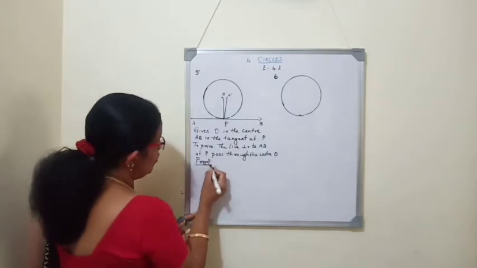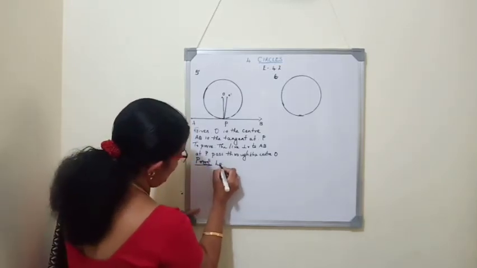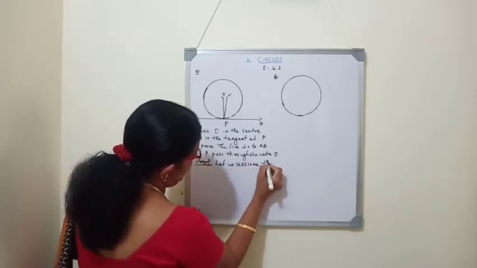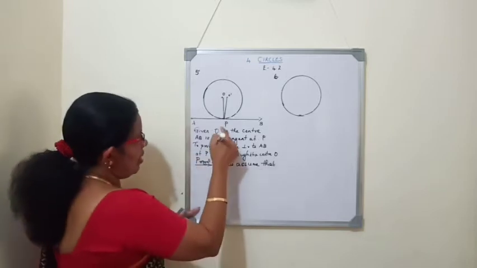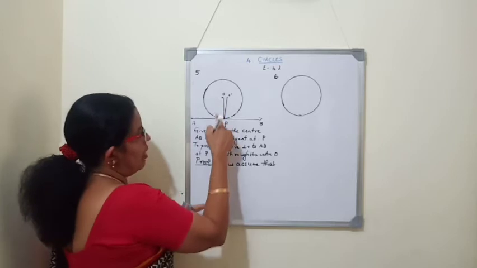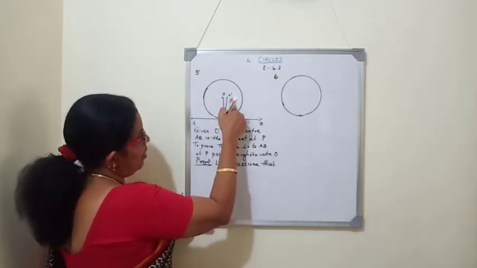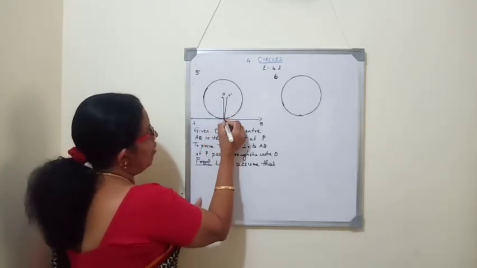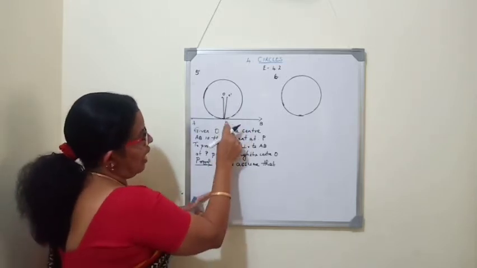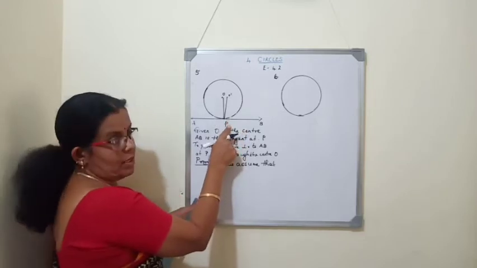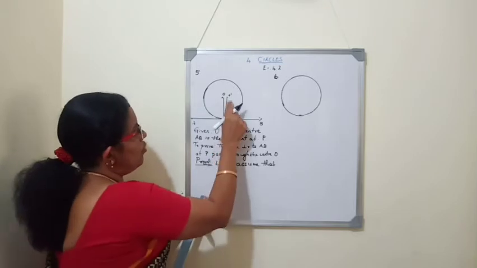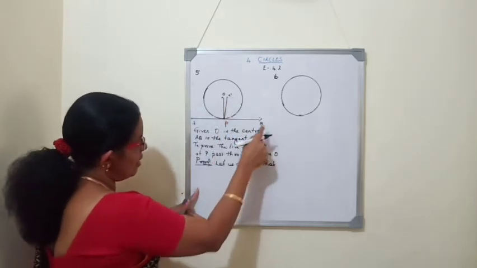So we will start the proof. Let us assume that the line perpendicular to AB does not pass through O. Let it pass through O dash. And then we join OP and O dash P. So now here, if we consider this is the line perpendicular, that is O dash P is perpendicular, then perpendicular means what will be the angle? 90 degree. So we can write O dash PB is 90 degree.